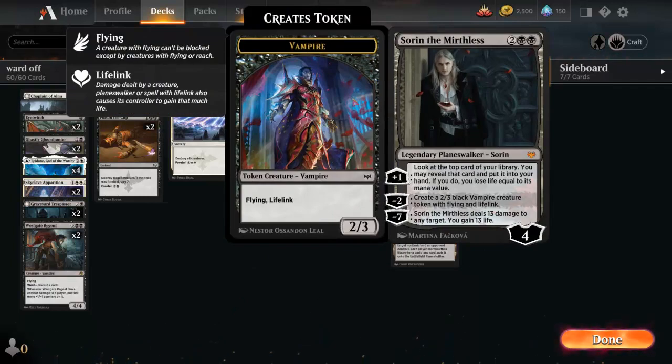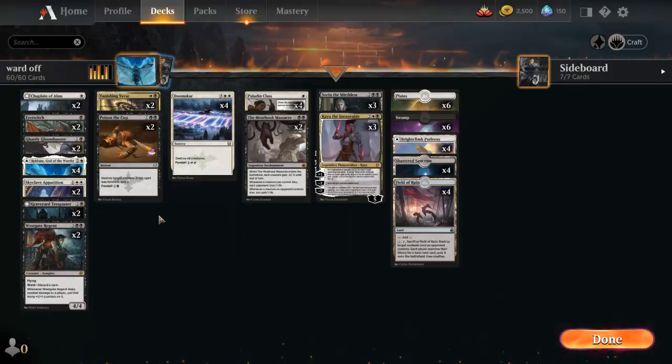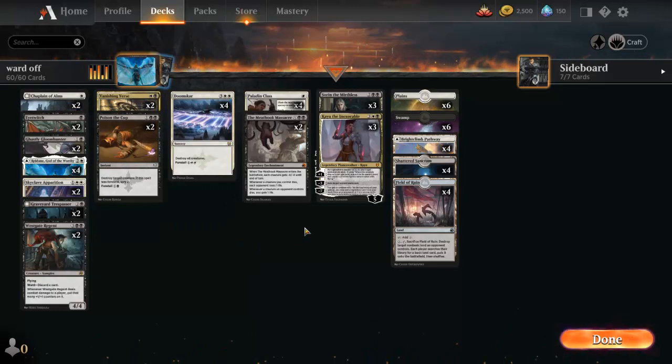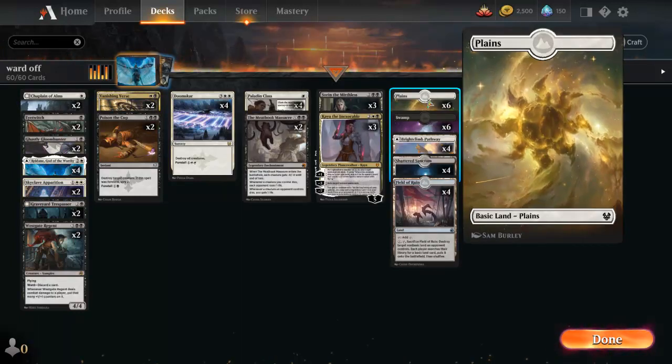We have 3 Sorin, 3 Kaya. And of course, we use Kaya to help us recycle our creatures like Skyclave Apparitions and stuff like that, Eye Twitches, so we can use them over and over again, which is why we only really have 2 copies of most of our creatures, so we can have some variety, as well as